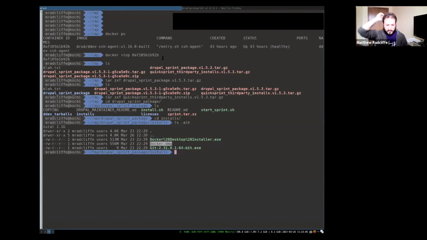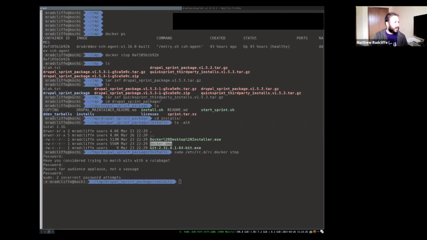So I already have Docker installed, and if I was installing from scratch, I have my own system in place. Sorry, you're going to watch me fat finger my thing. I'm going to do this in a different window so I don't feel pressure. I'm just being nervous.